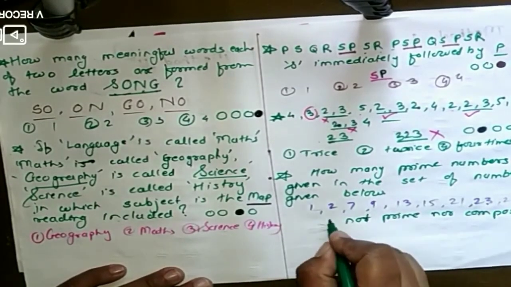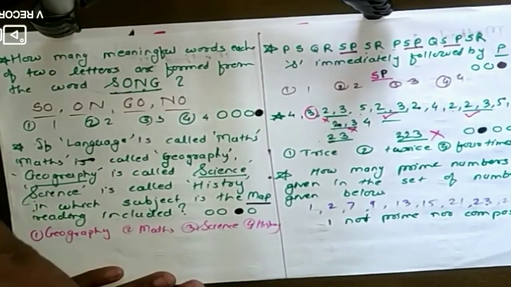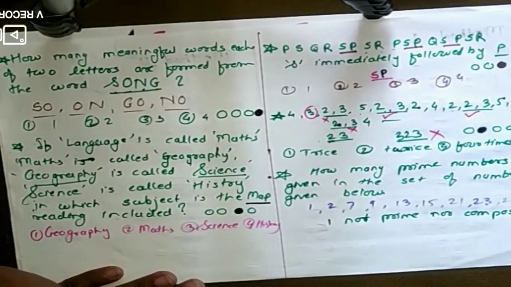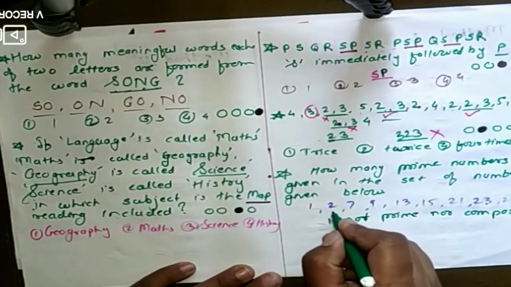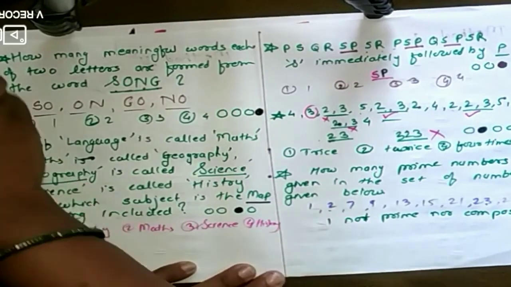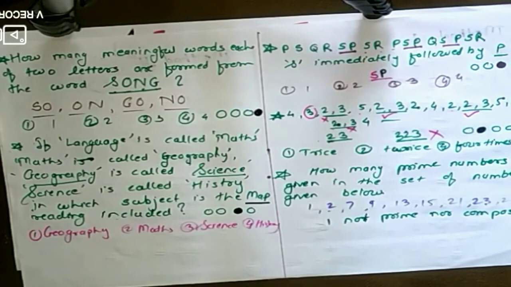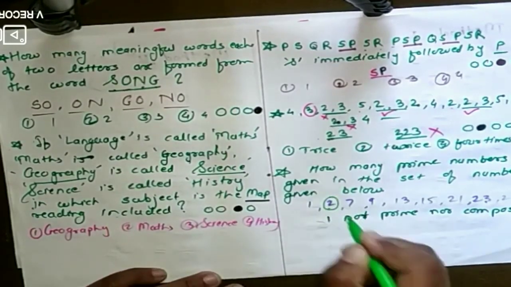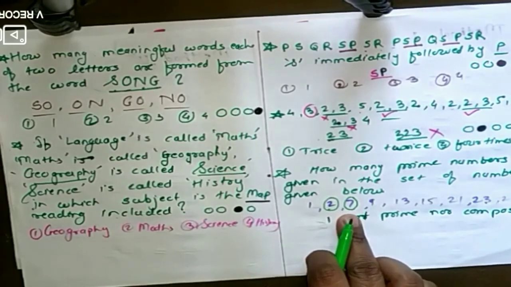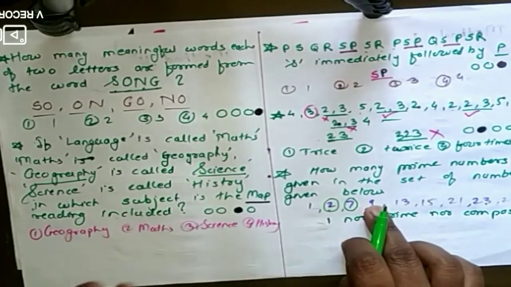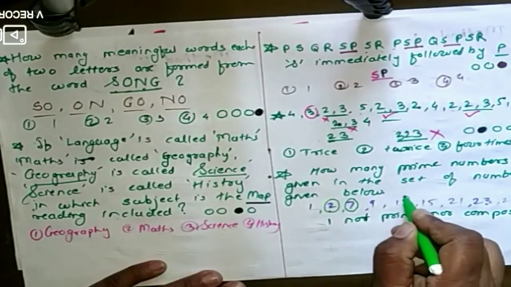Second, you must know which are the prime numbers. Prime numbers are the numbers which are present in their own table only, or they are divisible by themselves only. So which are those numbers? First it is 2. 2 is the even prime number, as you know. Next it is 7. Yes, it is also present in its own table. 9 is present in the 3 table. 3 nines are 27, sorry, 3 threes are 9, 9 ones are 9. It is present in more than one table, so it is not a prime number.